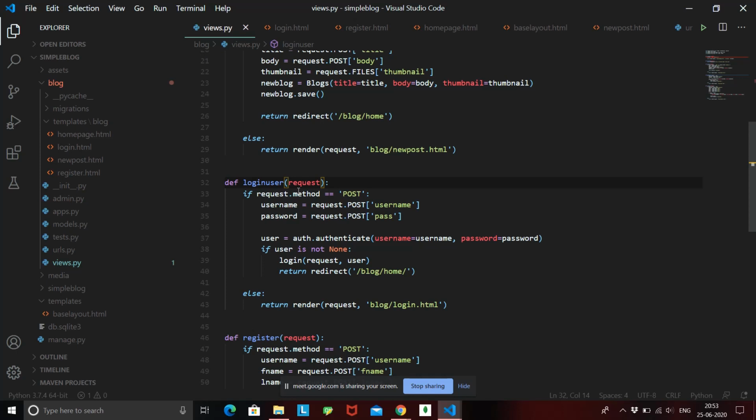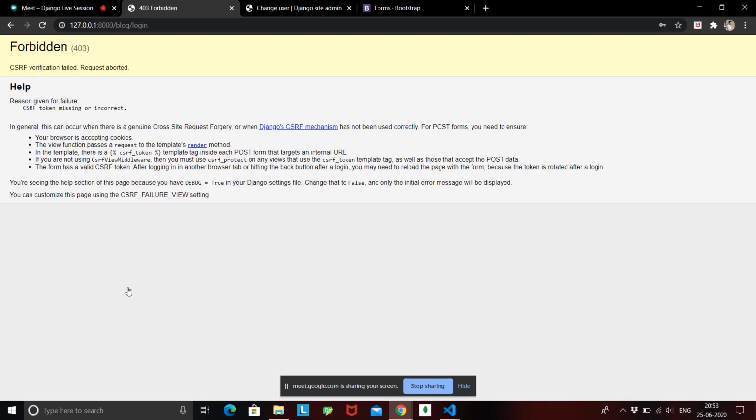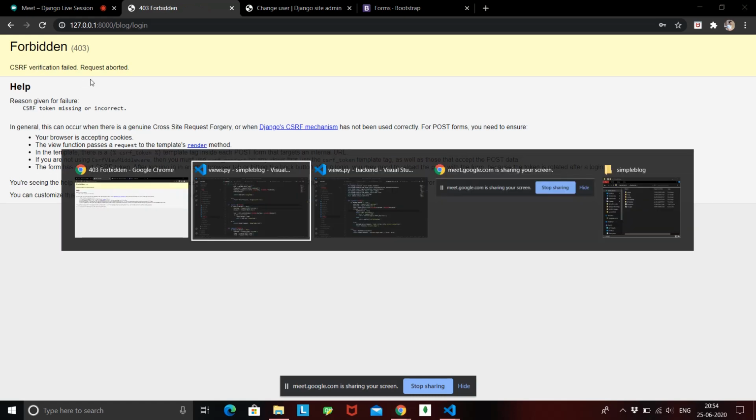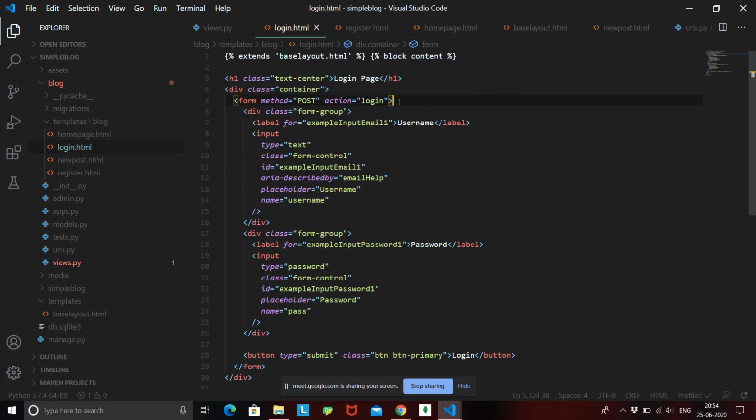Okay, so inside this function, we took the data from the form, we authenticated if the user is present inside the database or not, if the username and password are correct. If all these things are correct, it is going to return us that user, and then we are going to log in that user using this login function. And once he is logged in, we are going to go back to the home page. Fine, so let's see now. If I refresh this, and our username was dummy user and our password was dummy1234, so if I go again, the CSRF verification failed. Login.html, here we have created this form.